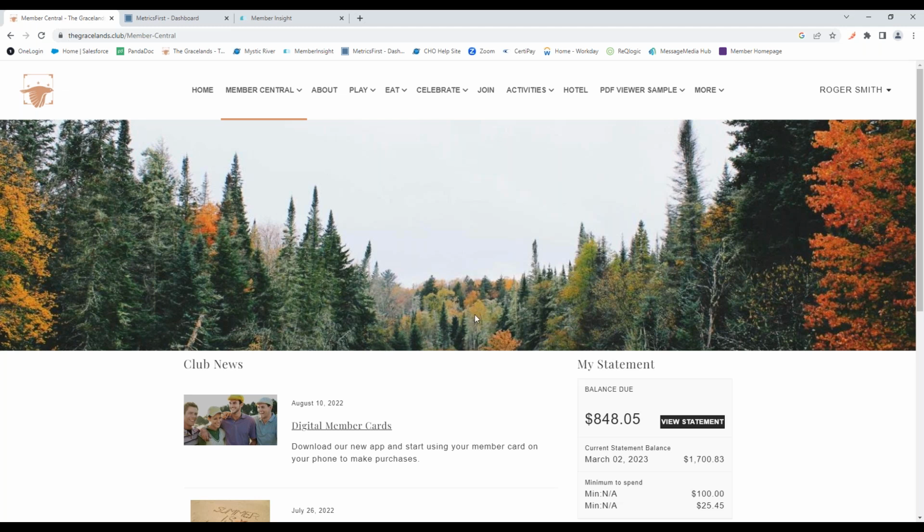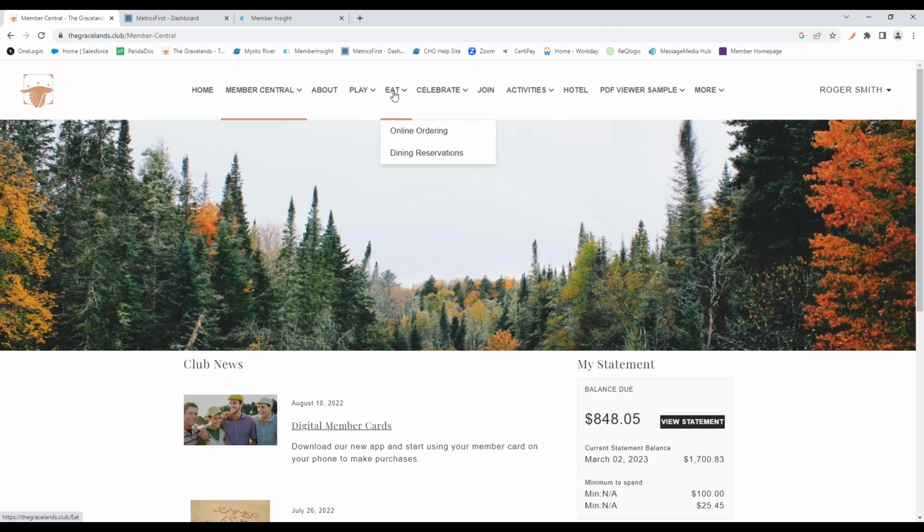Awesome. So jumping into this, online ordering, it's available on the website as well as the mobile app. So members will be able to jump in online if they want to place an order for pickup, or if they wanted to do it through their mobile device as well. If they're at the club, maybe they're on the course, maybe making the turn, or wanted to put in dinner for when they finish their round, they could go ahead and do that through online ordering.